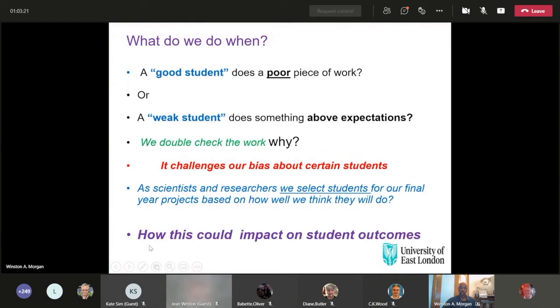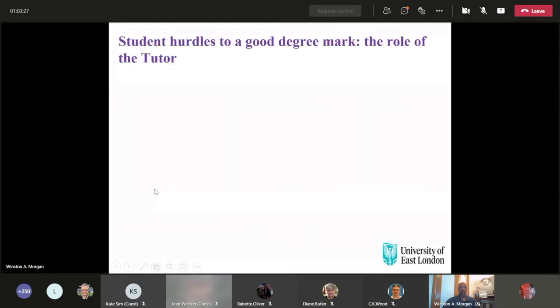But how could all of these biases impact on student outcomes? If we look at student hurdles to a good degree mark, remember, a good degree is what the awarding gap is about, those who get a good degree versus those who don't. Remember, a good degree is a 2-1 or a first. And what role does the tutor play? So if we look at the three hurdles to a good degree,